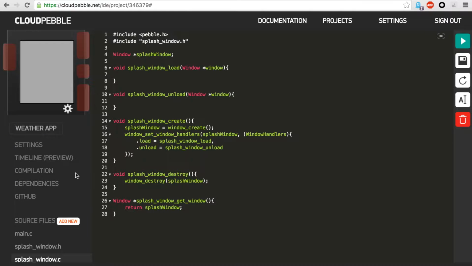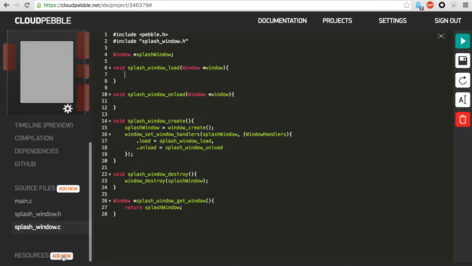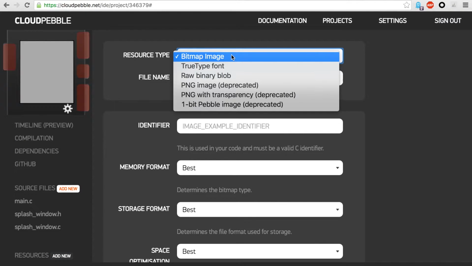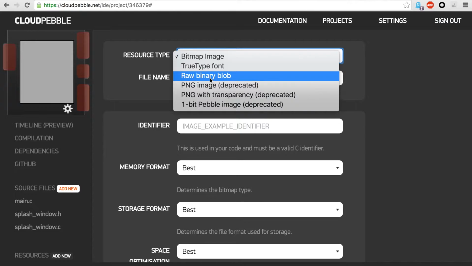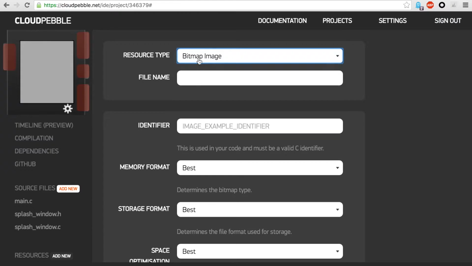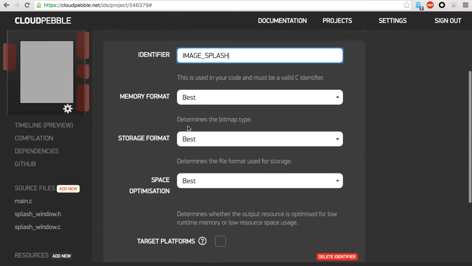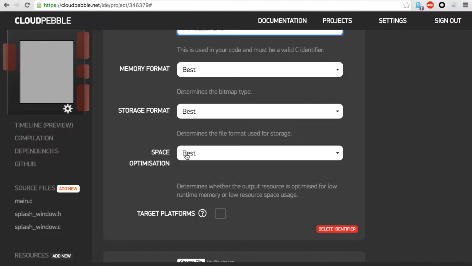And we're going to go back into our Cloud Pebble project, wherever we have that. We're going to click Add New on our resources. And this is a whole lot of stuff we fill out just for one resource, but it's all really great. So the resource type we're going to leave as bitmap image. We'll deal with true type fonts later, and you do not have to worry about these four unless you want to. The file name, that will be filled in when we upload, I believe, and the identifier is what's going to be actually represented in our code. So we're going to type image splash, maybe just image splash,